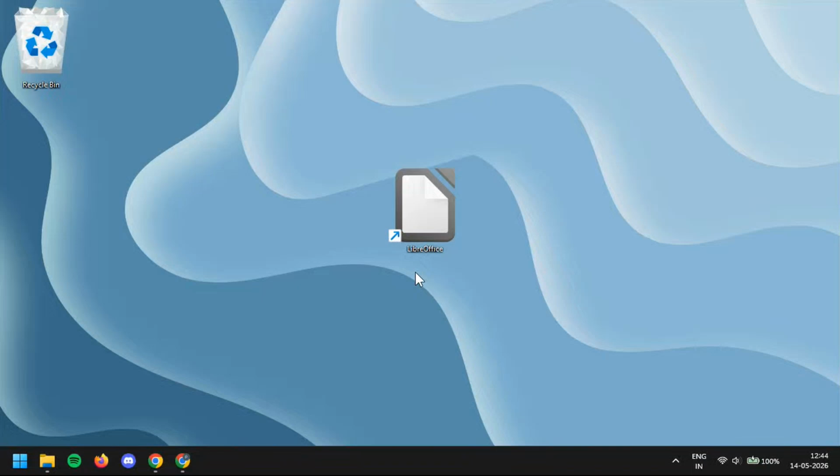If you've ever opened a spreadsheet in LibreOffice Calc and realized one or more columns have disappeared, don't worry, they're usually just hidden, not deleted. In this video, I'll show you exactly how to unhide columns in LibreOffice Calc in just a few simple steps. This is a quick and easy fix that can save you time when you're working with data, tables, or imported